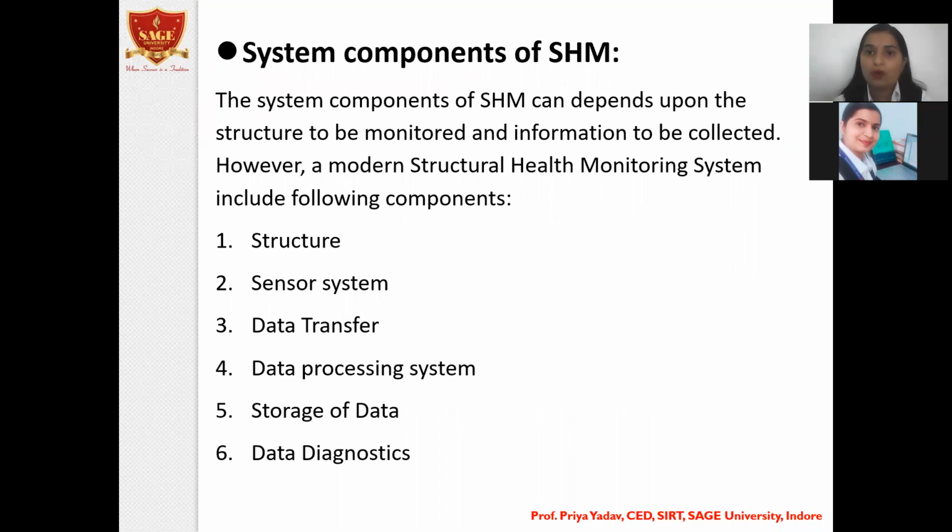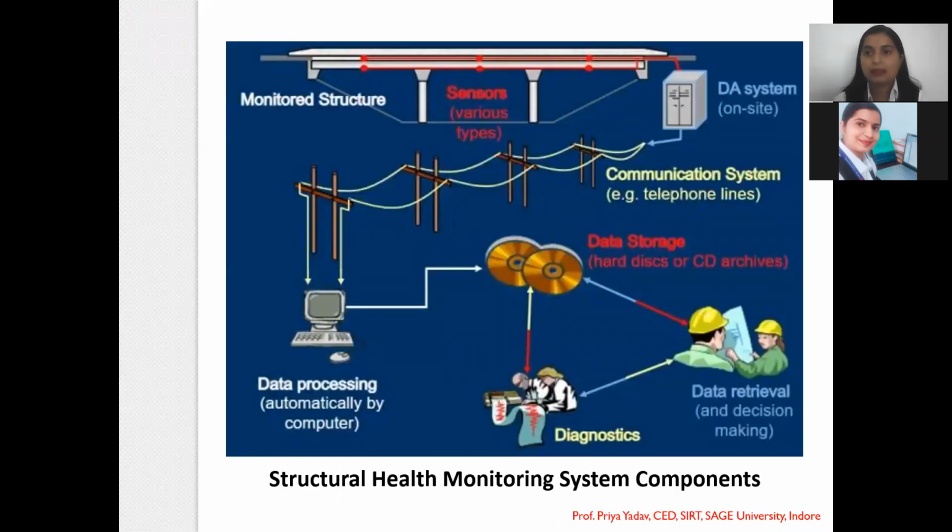System components of structural health monitoring. The system components of SHM depend upon the structure to be monitored and information to be collected. However, a modern structural health monitoring system includes the following components. First is structure, second is sensor system, third is data transfer, fourth is data processing system, fifth is storage of data, and data diagnostics. This is the structural health monitoring system component image,